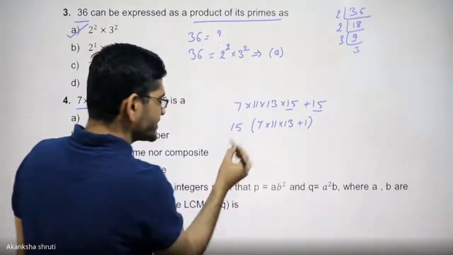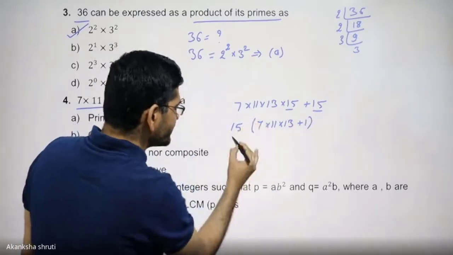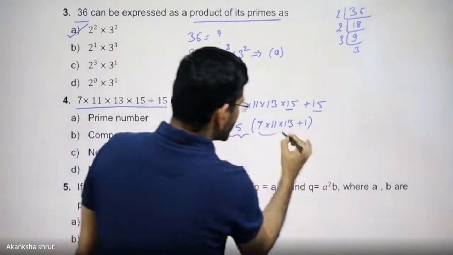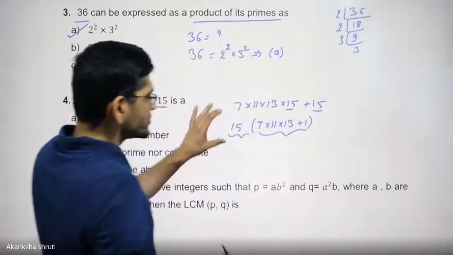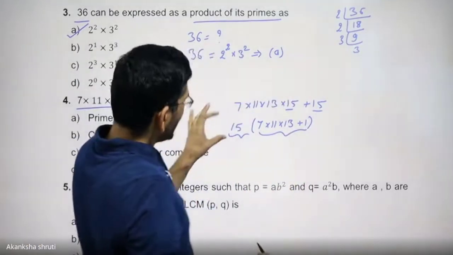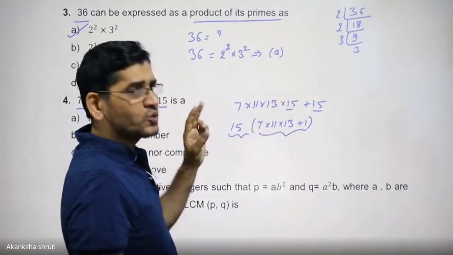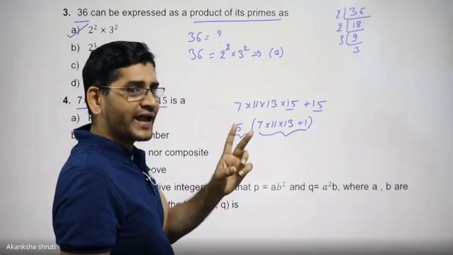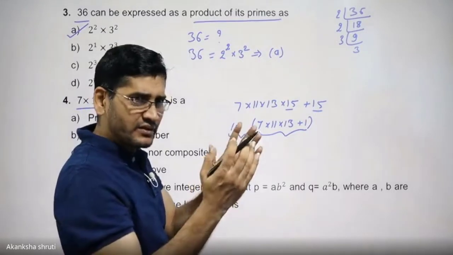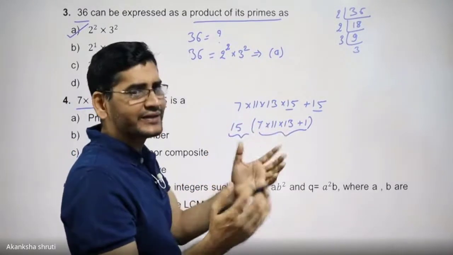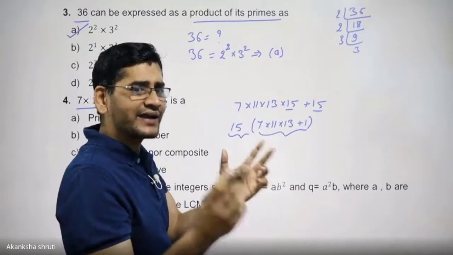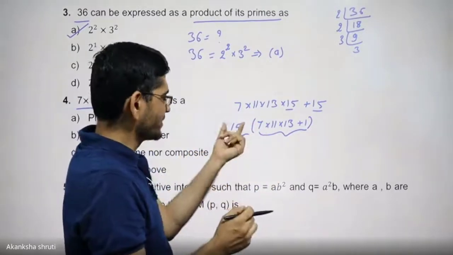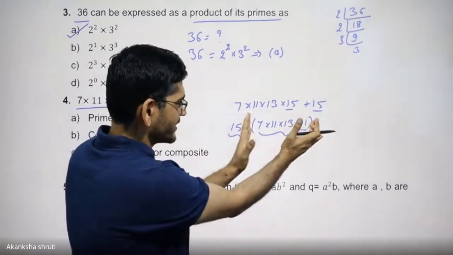By writing this in this way, we are getting one number is 15 and the other number is this much. So we write these terms as the product of two numbers or two brackets. The number of terms inside the bracket doesn't matter, but at least the product of two brackets or two numbers is required. So here this is one number, and this will give us the other number.